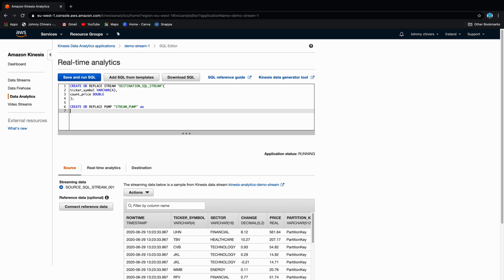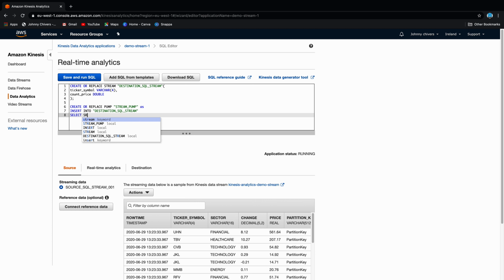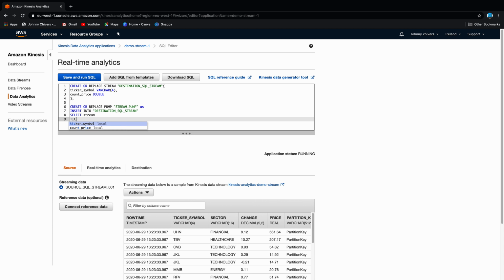and then we want to insert into our destination stream. So use the pump to insert into our destination stream. Oh, didn't copy and paste there correctly. Into our destination stream. And then we want to select the stream. Select the stream. And then we want the ticker symbol. And we want to count the price, count the price as count price